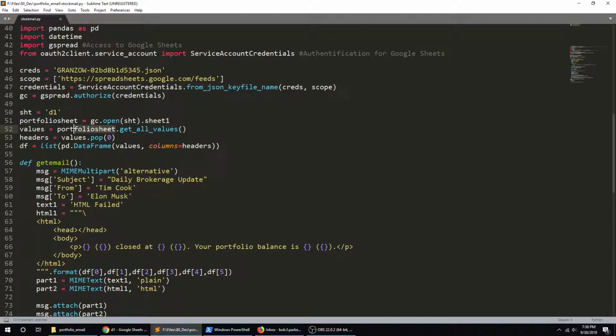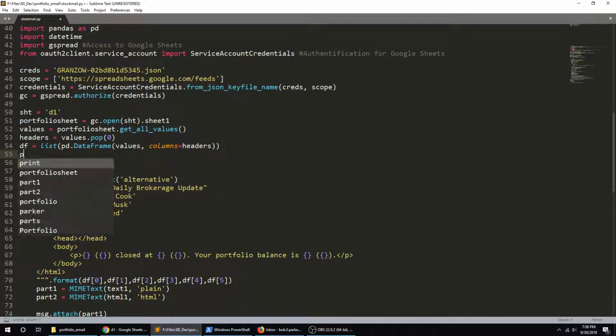So you use this variable, portfolio_sheet.get_all_values, and you have to set headers. Even though this doesn't have headers, you can't create the data frame, or the pandas df, unless you have headers. So you create the headers using this line, values.pop(0), and then the data frame. So you want pd.DataFrame, the values, and the columns are going to be these headers. But basically, if I print that,